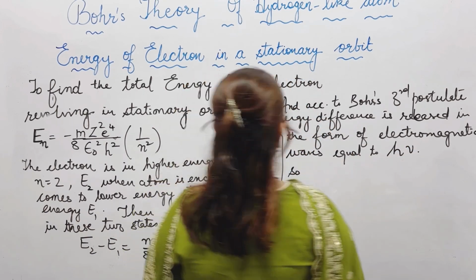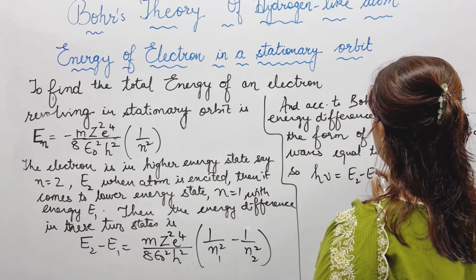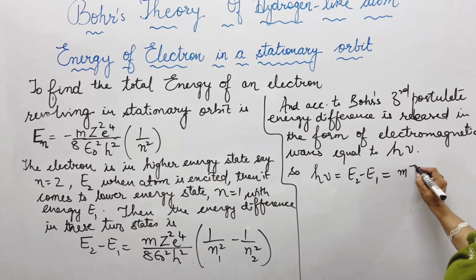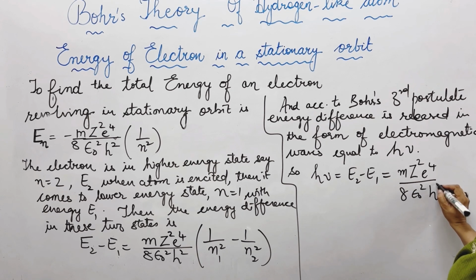So according to that, h nu is equal to E2 minus E1, is equal to m z square e to the power 4 upon 8 pi epsilon naught square h square